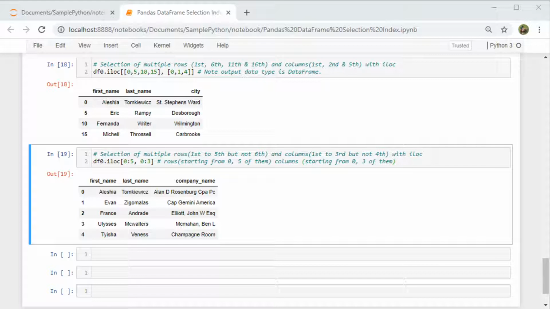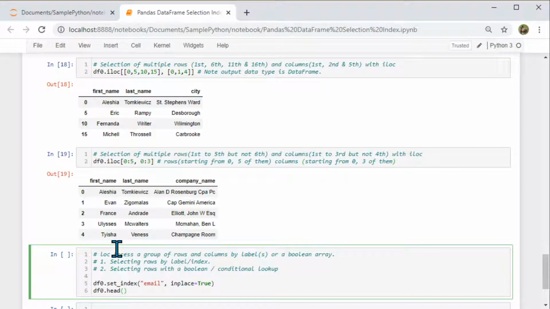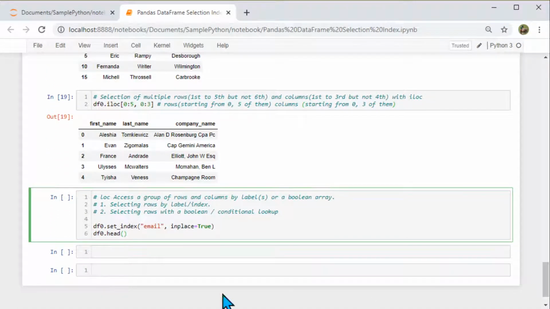So the best option I can think of is the email ID itself. So I can say set my index as email, and inplace equal to true. That means I want to do it in the data frame itself, in the same memory location, and show me the top 5 records. I say dot head.